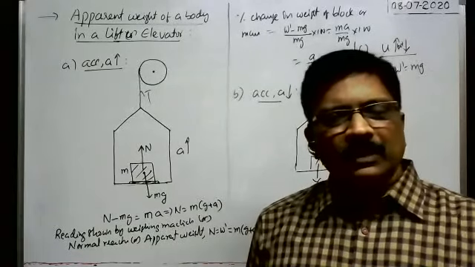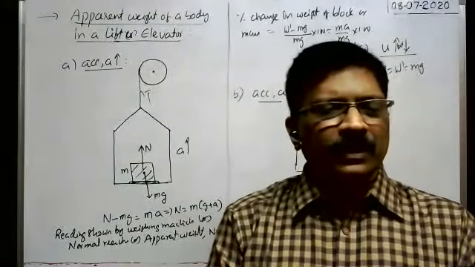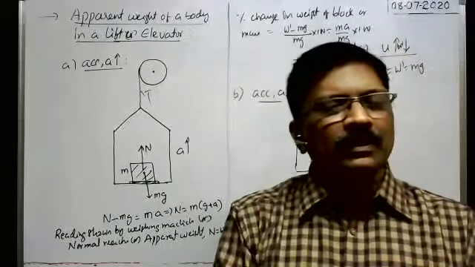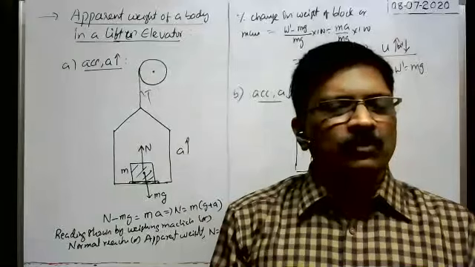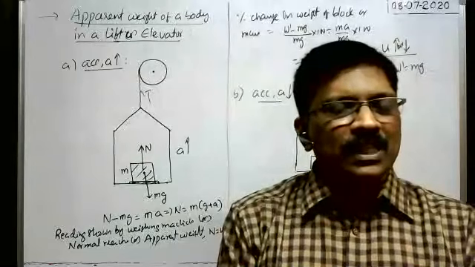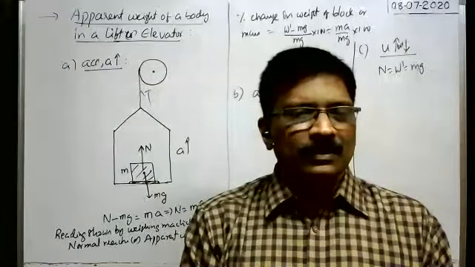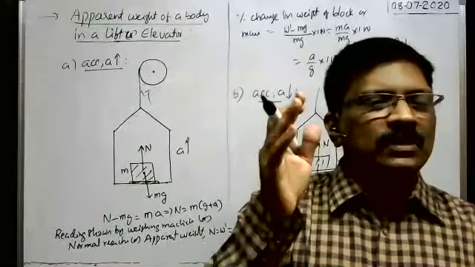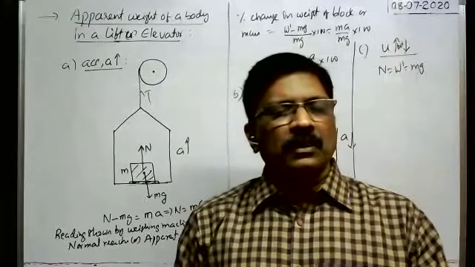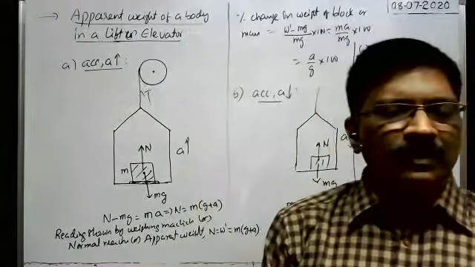Generally, when lifts are constructed by organizations or companies, they arrange the lift to move upwards or downwards with uniform velocity or slowly, so that the man does not feel any inconvenience. Because while coming down, when the lift comes down very quickly with acceleration downwards, we feel our weight decreases. We feel inconvenient in that case. But whenever the lift moves upwards or downwards with constant velocity, there is no change in the apparent weight of the man. It is the same as the actual weight of the man only. In such a way, generally the lifts are designed.